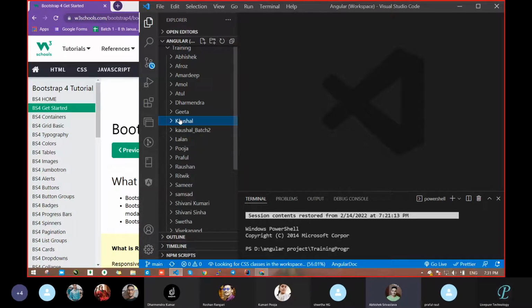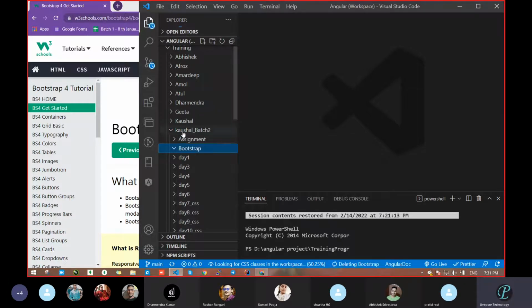The CSS link, that's fine, but from where are they getting the code? Suppose we work with external CSS, in the external CSS file we are writing the code, background color, all those things. In the case of Bootstrap, whatever style we want, from where are they getting it?